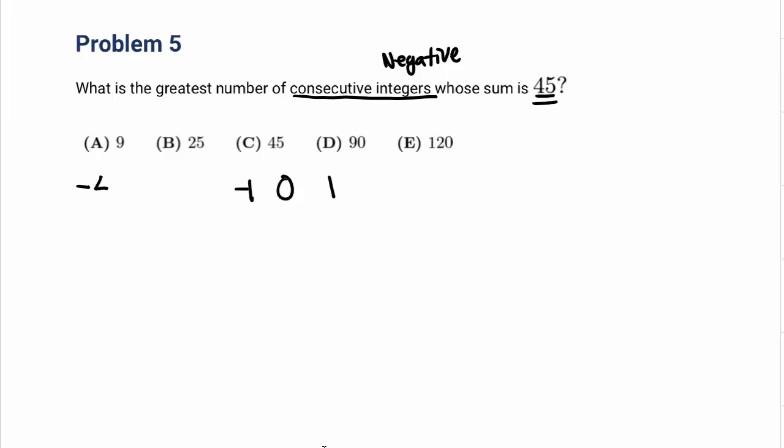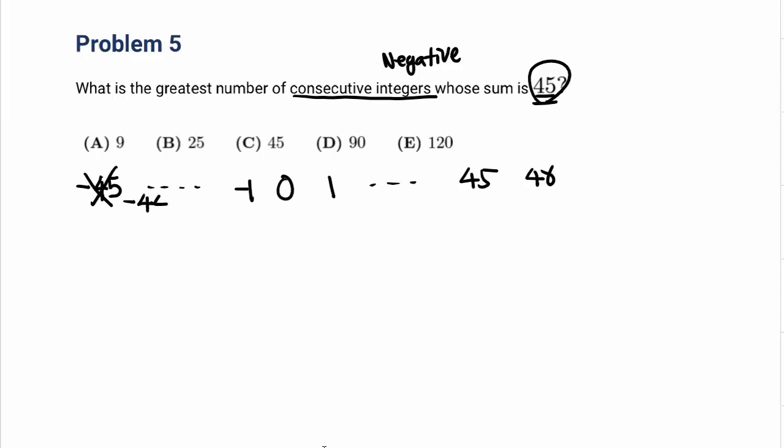So we start from negative 45 up to positive 45. When you add all these integers, it's going to be 0, isn't it? But the next number will be 46, but this is 45. That is not working, right? So we're going to start one